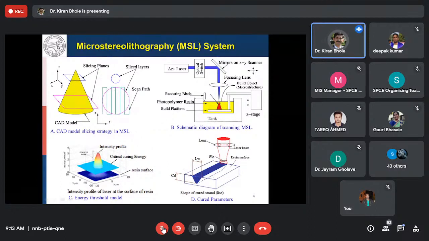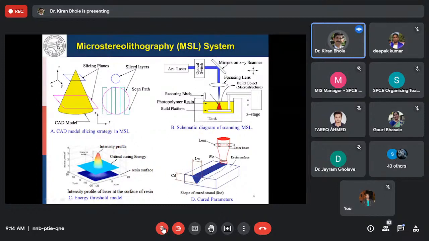Now, when we have to fabricate this particular circle over here, the very first circle, this platform is kept very near to the free surface. When it is kept very near to the free surface, the laser is scanned through the mirror, which is placed onto the scanner. When the laser light is scanned, whenever the laser light is outside the circle,